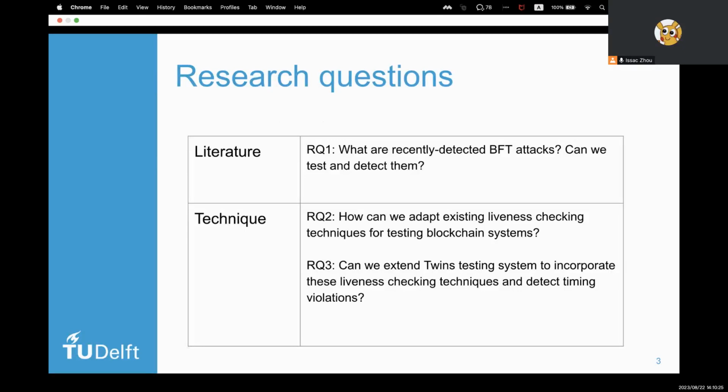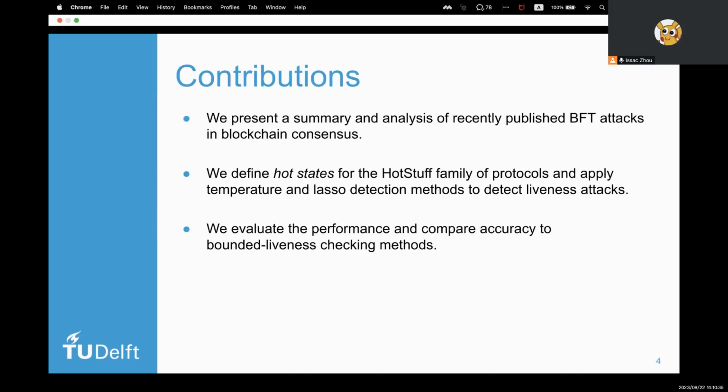Finally, we discuss how to practically apply our methods in the Twins testing system and extend it to detect timing violations. Accordingly, we make the following contributions according to the research questions.